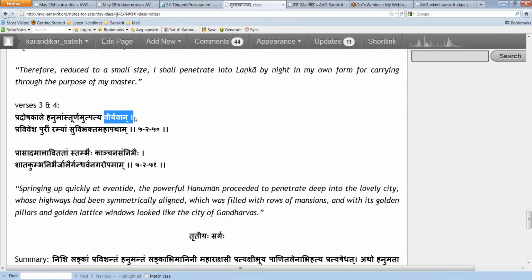Viryavan Hanuman. So first get the basic sentence. Look at the Tingantam Padam. Then look at the Karta and the Karma. So the basic sentence was Hanuman, Purim, Pravivesha. Then the Purim adjective, which is Ramyam Purim. Then the adjective to Hanuman was Viryavan Hanuman. Then we had a clause, Pradosha Kale, at evening time. Then we have another, which we call the pratyaktva,